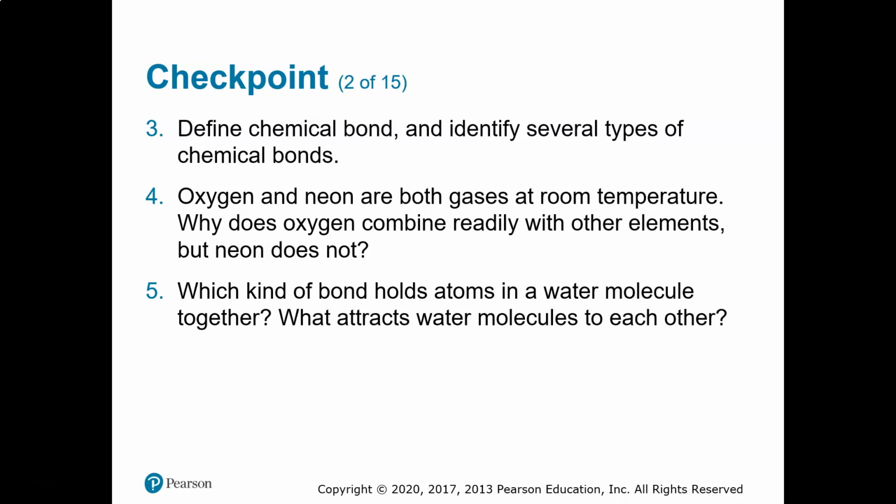Oxygen and neon are both gases at room temperature. Oxygen combines with other elements easily because it is unstable, because its outer energy level does not have 8